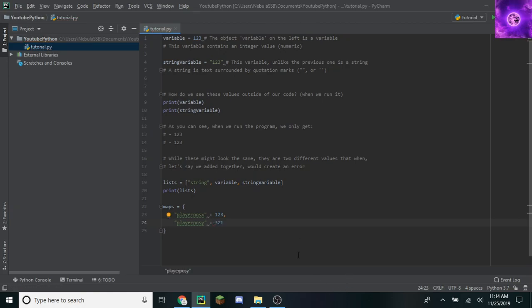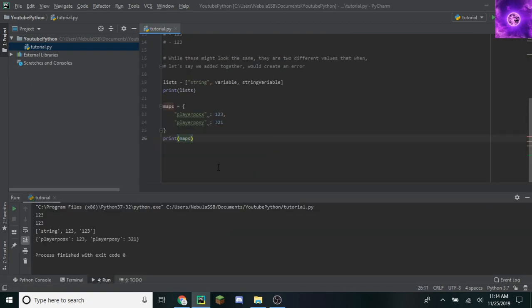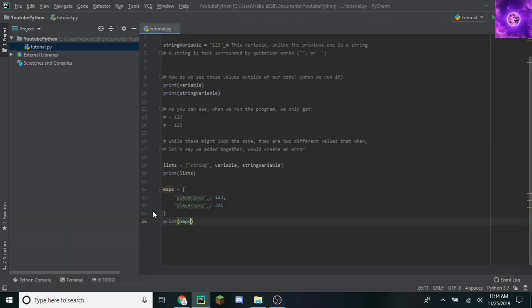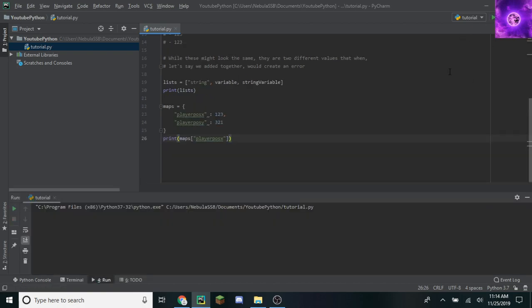Pretty simple values. But if I were to come down here and try to print it, instead of just doing maps, which is helpful in some cases, you could also do maps and then open these brackets and then do player position X. And so then if I were to run it again, then it only gives me 1, 2, 3 because the player position X value is 1, 2, 3.